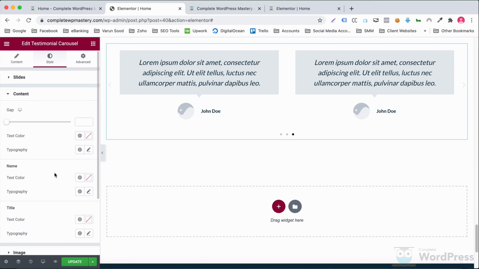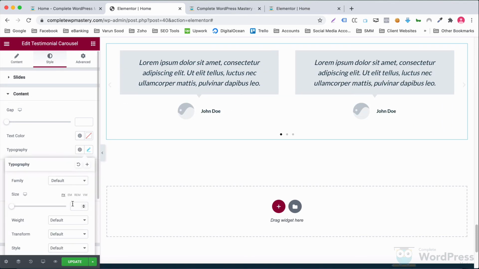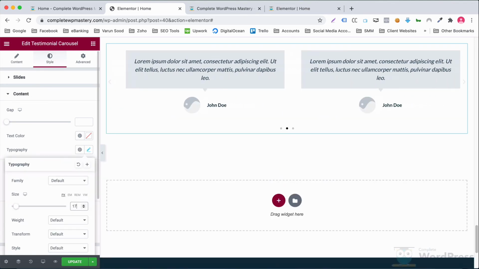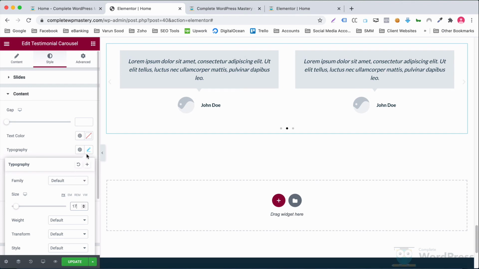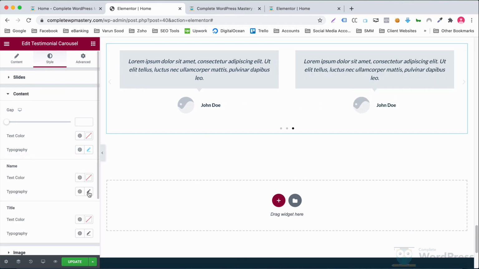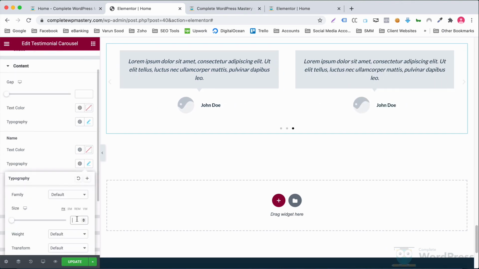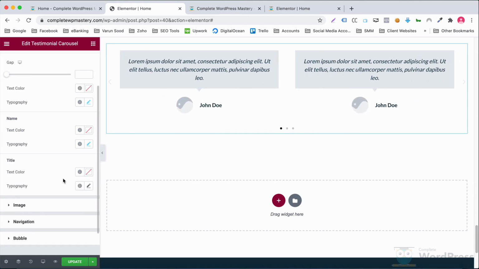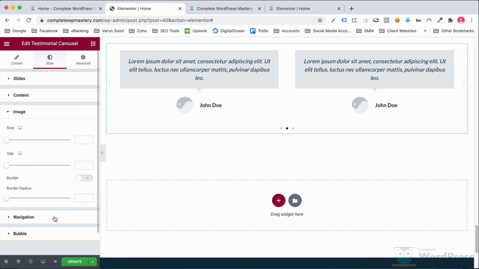I'll now adjust the typography for the content and the name of the person. Let's have a size of 50 pixels for the image and a gap of 20 pixels between the image and the person's name.